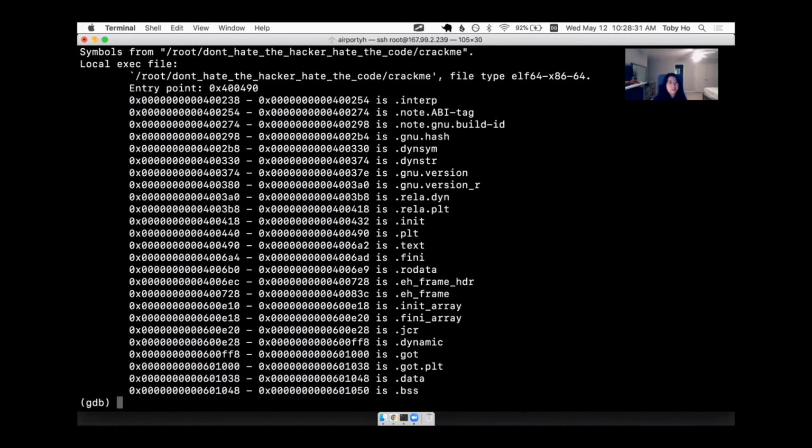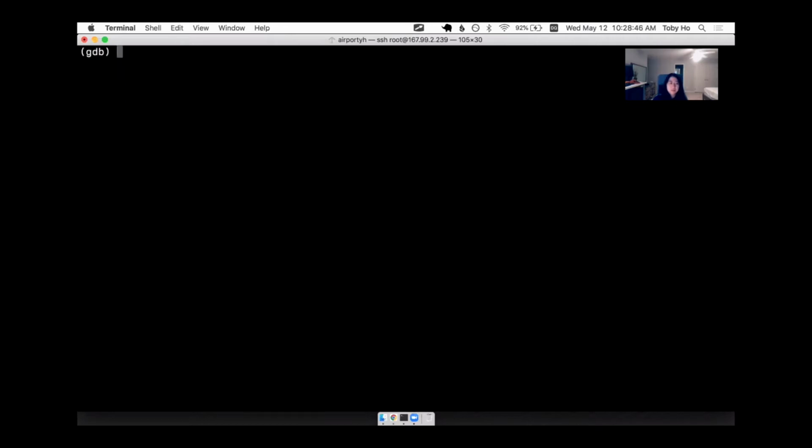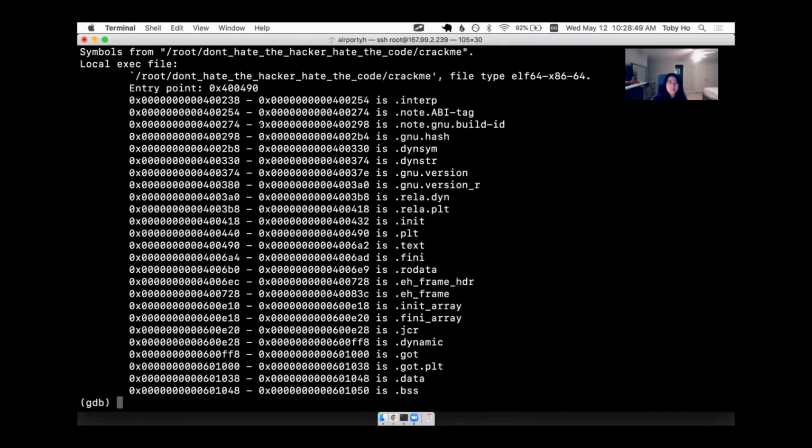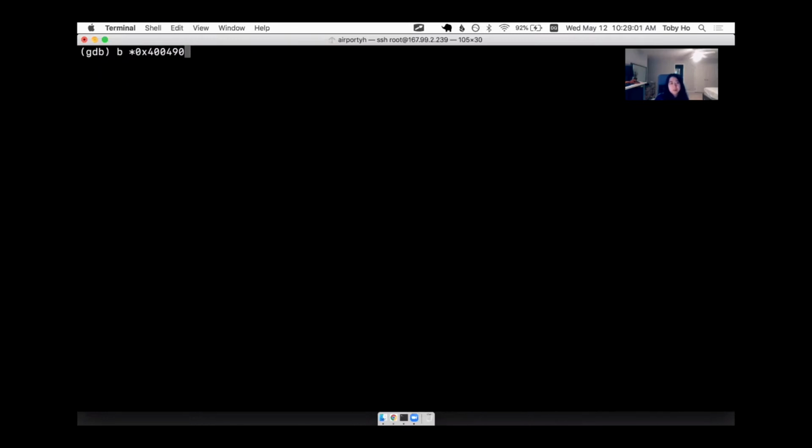Okay. And luckily, let me see. I did info file. That shows me some info about this file. Wait a minute. That didn't really tell me anything useful. But it told me the entry point, which is the first line of the program. But I can't set a breakpoint there. So you are trying to dig into the assembly. Yeah. I'm trying to dig into the assembly, and if I'm here, I can say disassemble,